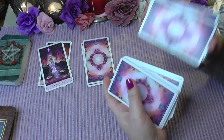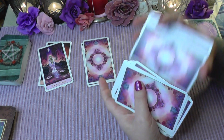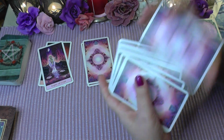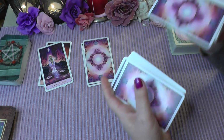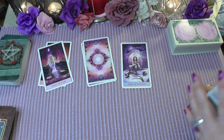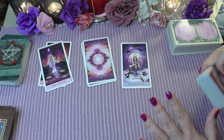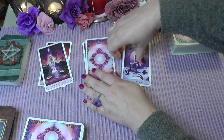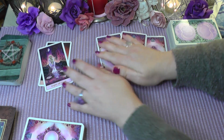Sometimes you can feel that a deck is kind of not wanting to give you cards, and sometimes you feel like they just jump out by themselves. So it's really different kinds of energies that you can... Yeah, there it was. Okay. There are different kinds of energies that can be in the decks at different times. It can really make a big difference. Okay, so I'm just going to turn that around for now,